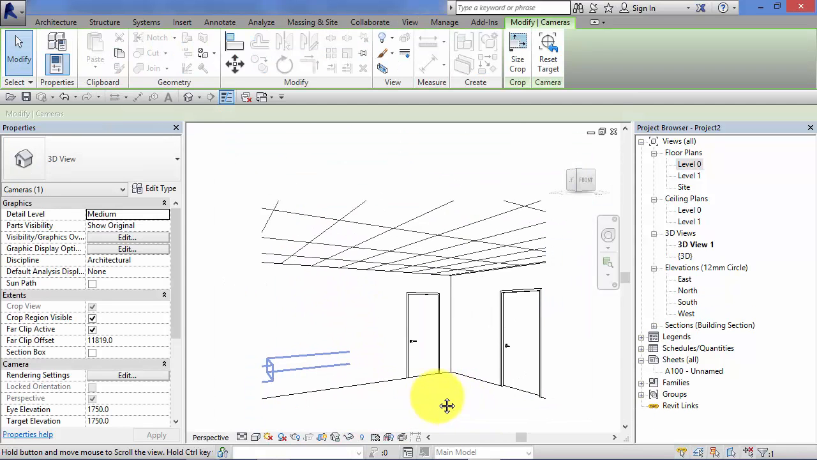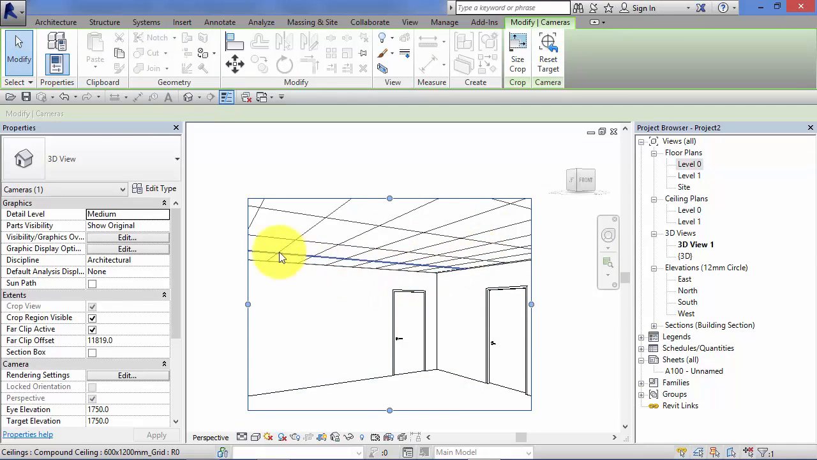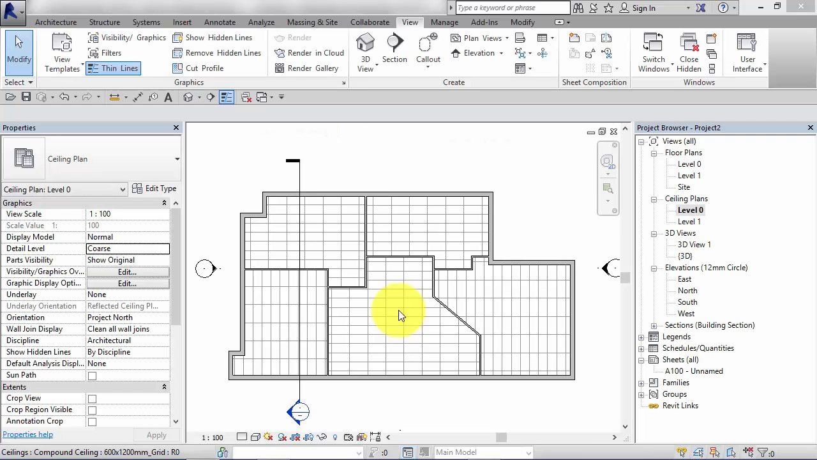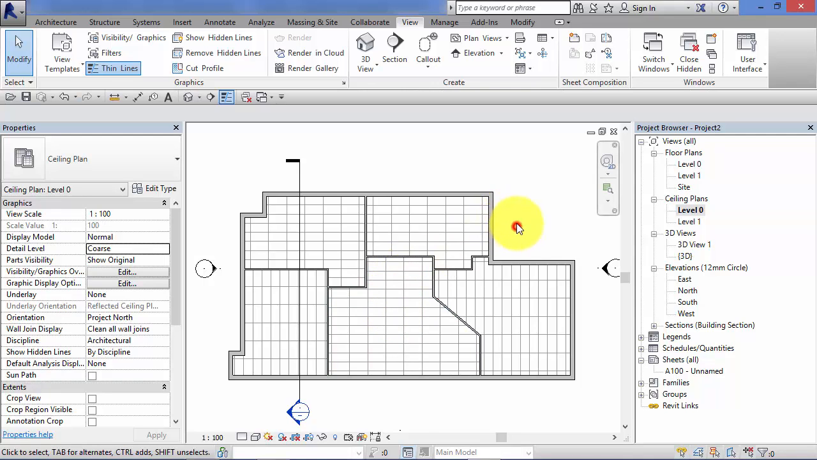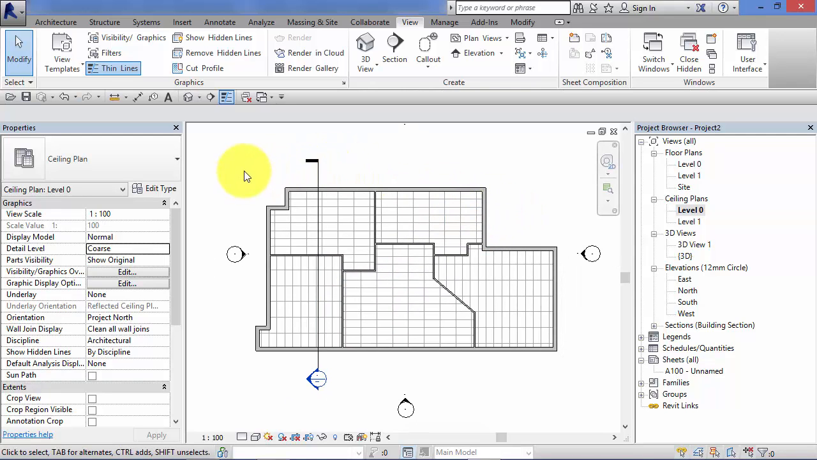And we can see there the suspended ceiling element that we've just created. So that was creating ceilings automatically. I'll now show you the alternative method of creating them manually. Before I do so, I'm just going to delete the ceilings we've just created so we can start again with